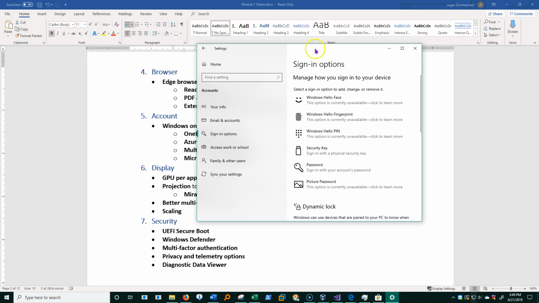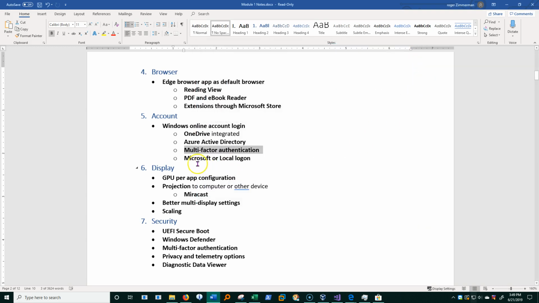That's a security topic we're not going to get into in depth in this course, but factors are some combination of things that you know, things you have, things you do, or something you are. For example, biometrics, and using more than one of those factors in order to authenticate you.